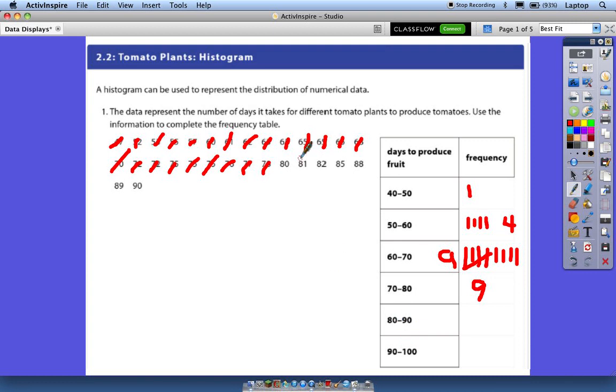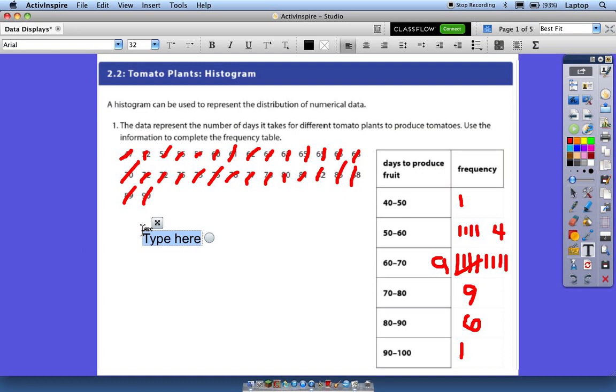Okay. Now from 80 to 90 there are 1, 2, 3, 4, 5, 6. And there's 1 at 90. Now these numbers 1, 4, 9, 9, 6, and 1 should add up to a total which is the same as the count